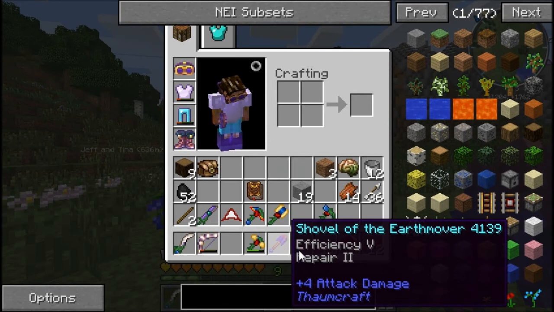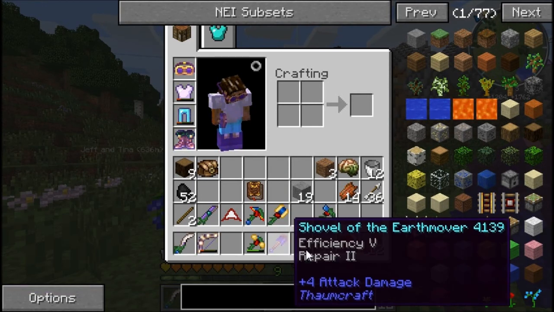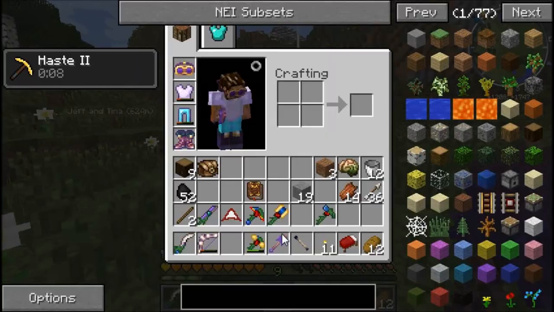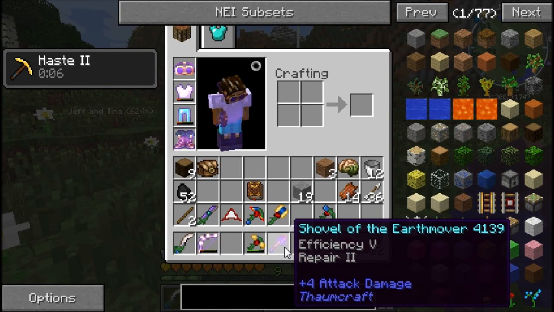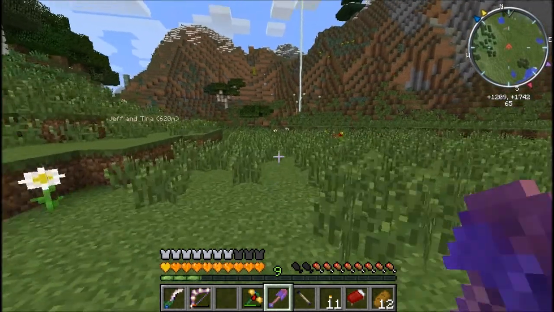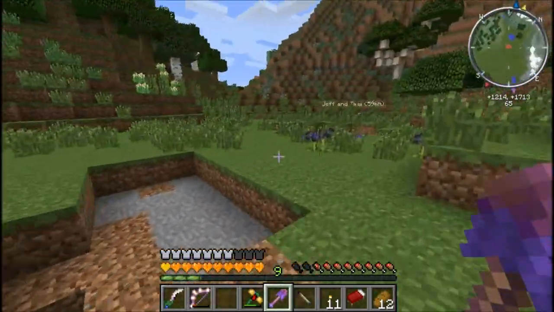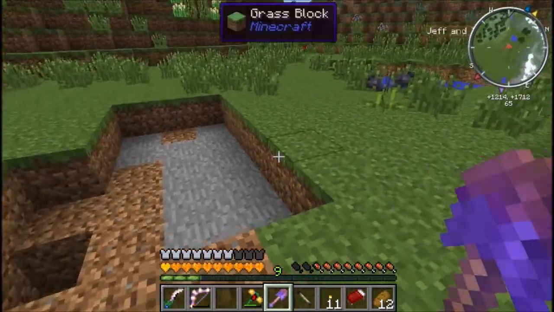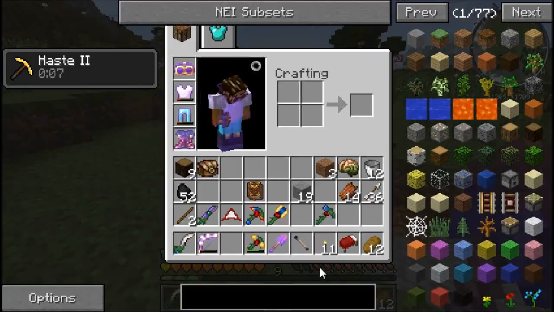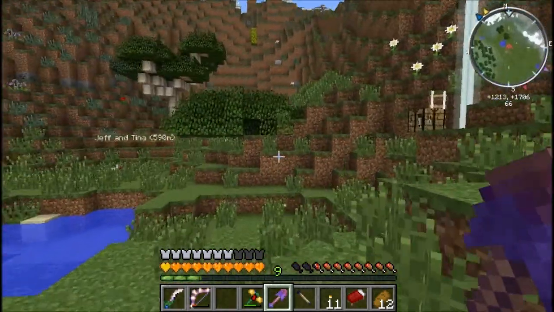Maybe I'll make another one of these and see, or better yet, maybe I'll just test it in creative mode. See if that's supposed to happen or if the tool is just too fast and it's not dropping the items that it's digging, which is unfortunate. I guess it's not a huge deal breaker because it's just dirt, but